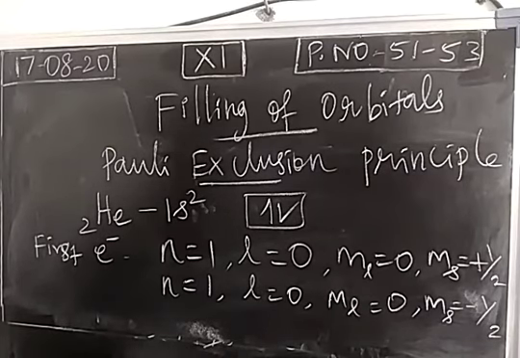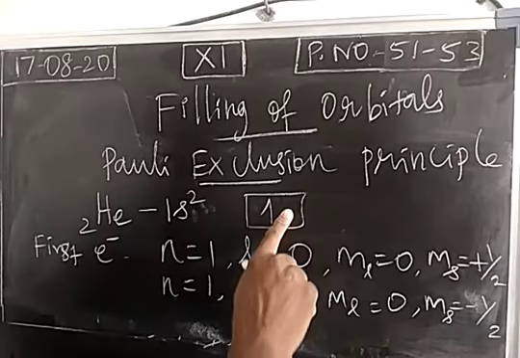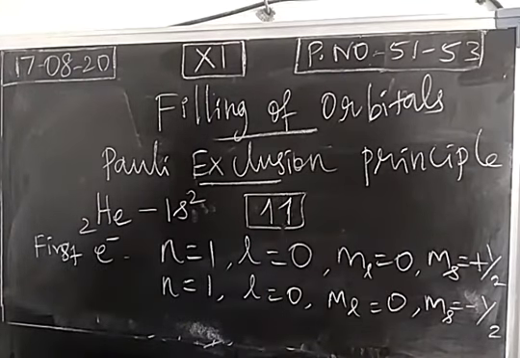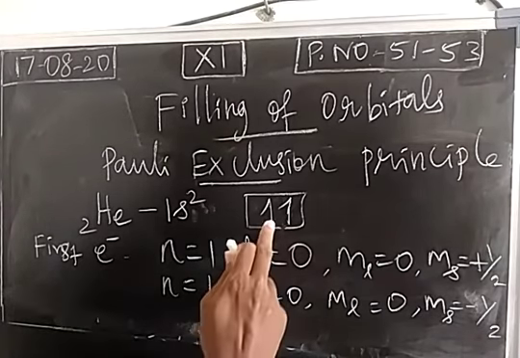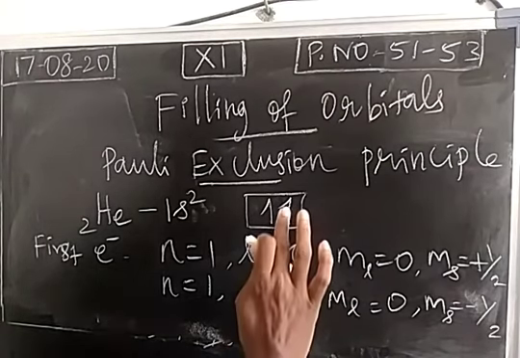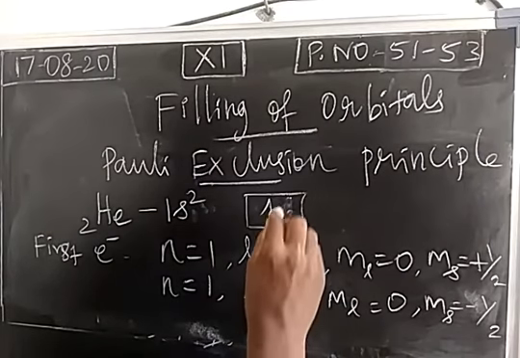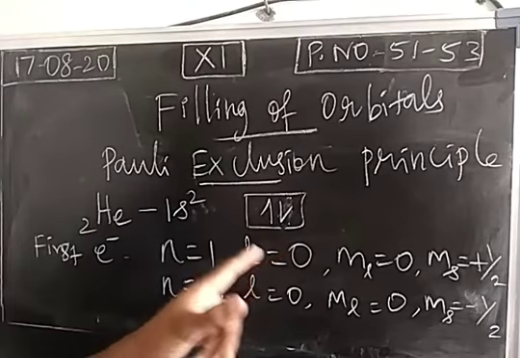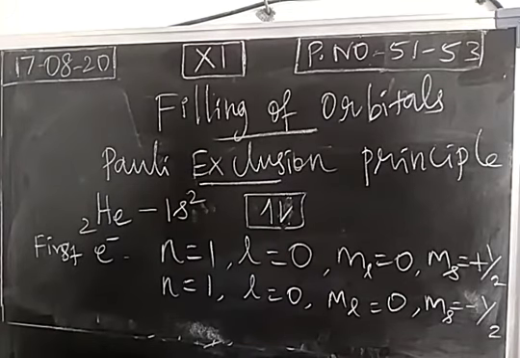It indicates what? When we place 2 electrons in an orbital, we should not place the electrons like this. Now this represents what? Both the electrons are spinning in clockwise direction. This will not happen because both the electrons would have the same energy. Always there will be repulsion between the electrons. To avoid the repulsion, one electron is spinning in clockwise direction, another electron is spinning in anti-clockwise direction. So this is the way of representing the electrons in an orbital.